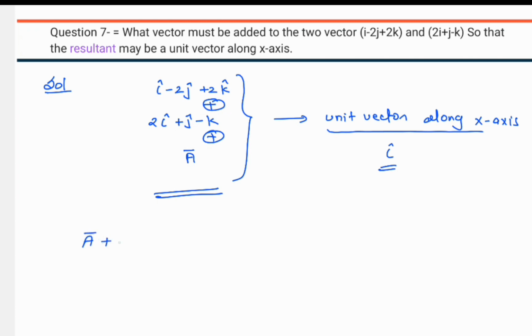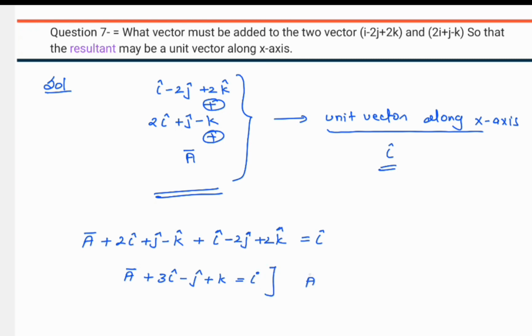Vector A plus 2I cap plus j cap minus k cap plus I cap minus 2j cap plus 2k cap will be equal to I cap, the unit vector along the x-axis. Now solve it. Vector A plus 3I cap minus j cap plus k cap will be equal to I cap. From here you will get vector A as minus 2I cap